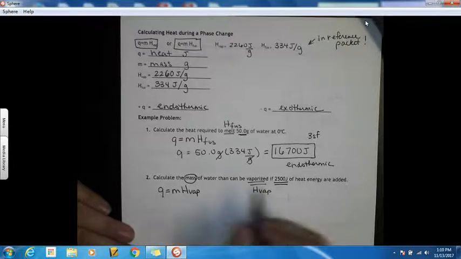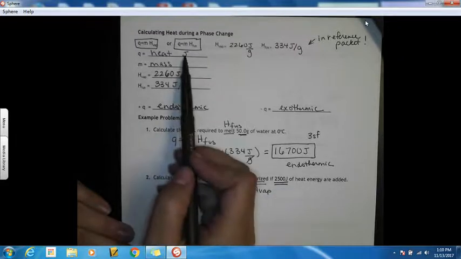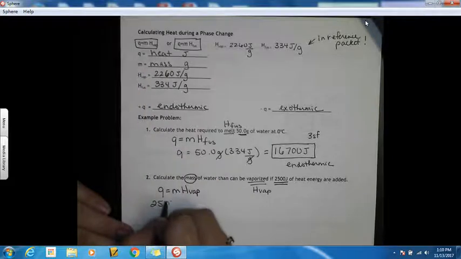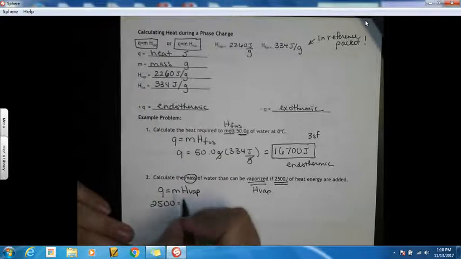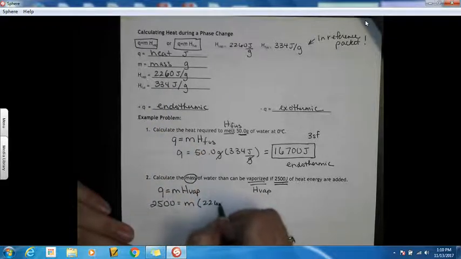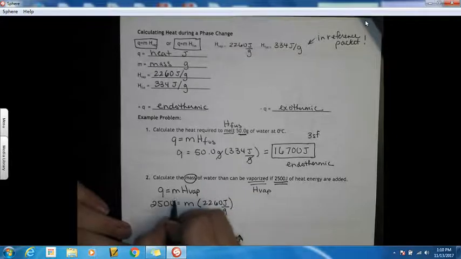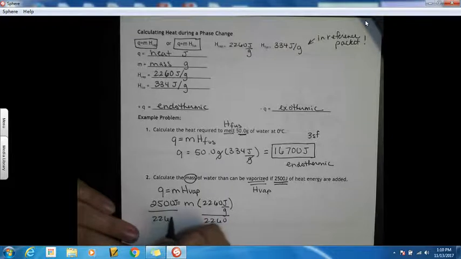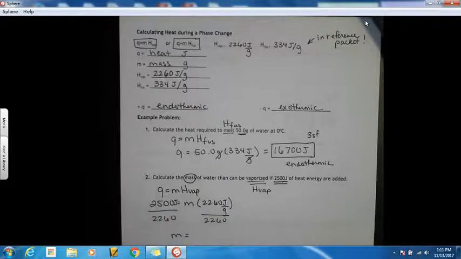So here we know joules is our amount of heat, so that's what we put in for Q, 2,500, is equal to our mass, which we're looking for, times our heat of vaporization, which was 2260 joules per gram. So then to solve this, we'll divide by 2260. And we'll get that our mass is